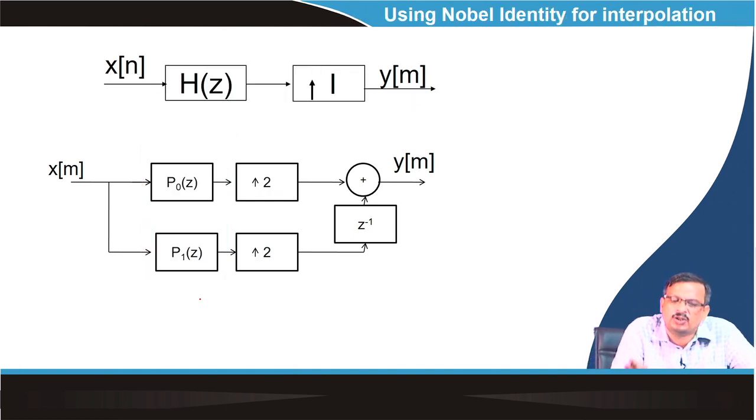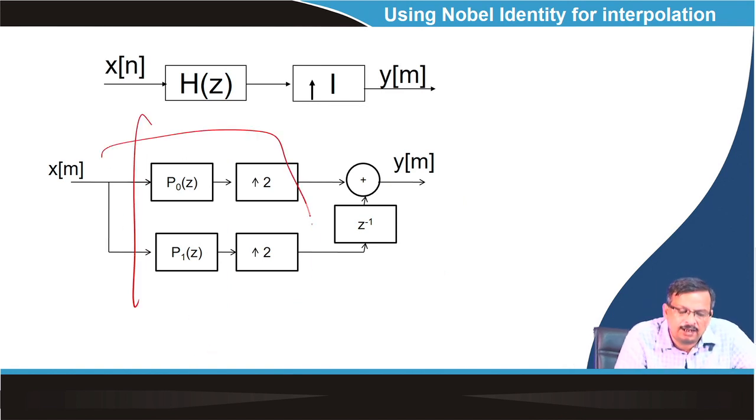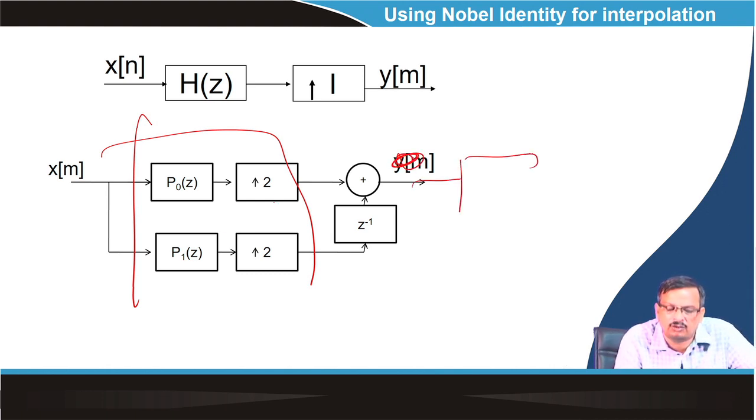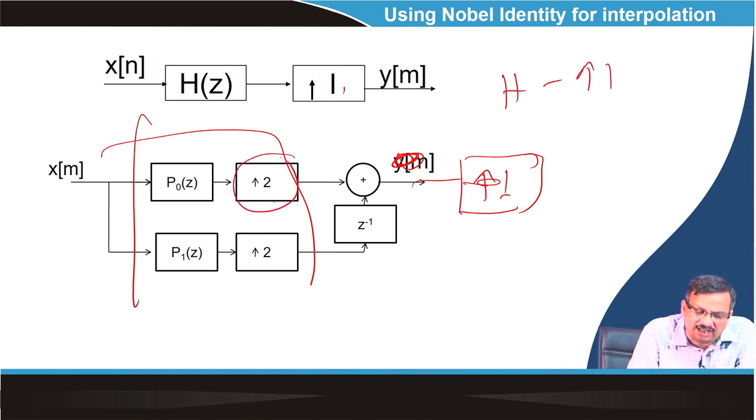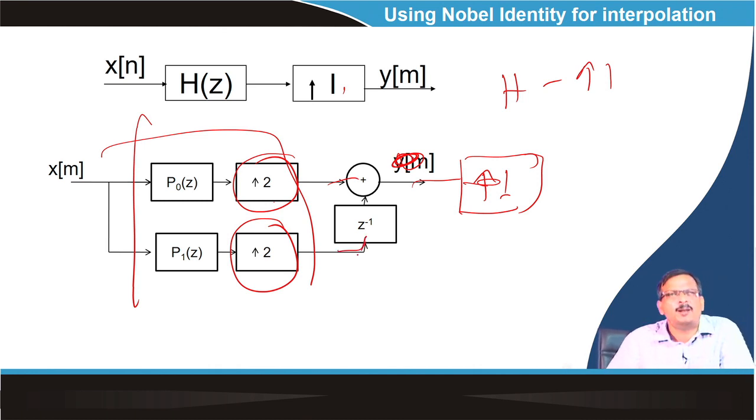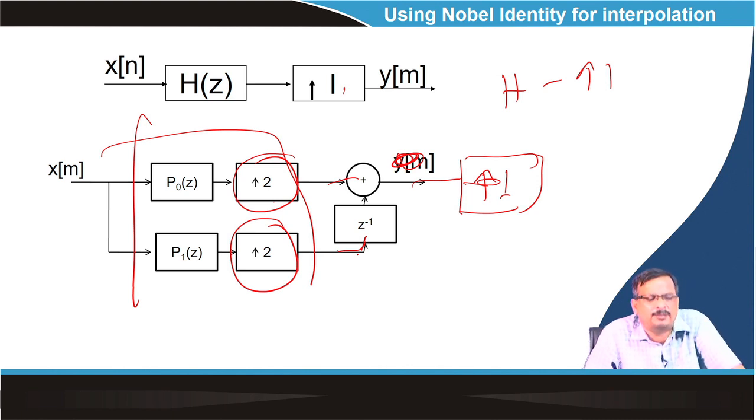Okay. Now, I can use the Noble identity again, first the filter and then, sorry, this will not be, this will be I. So, I can say first filter then I, but I can be included inside also, then delay, no problem. So, using the Noble identity I can change the structure of the filter, but polyphase implementation is mandatory.